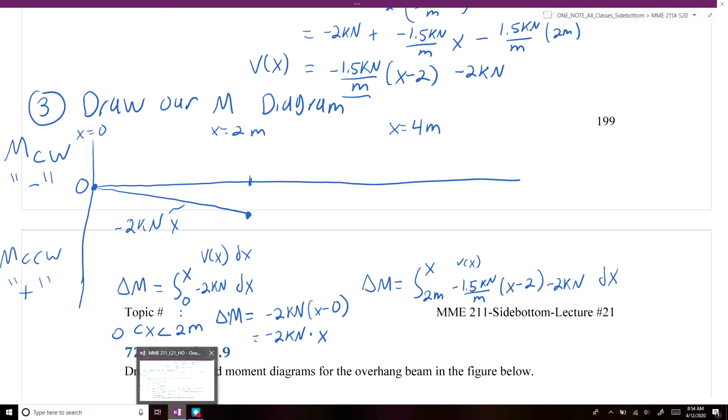So if we do that and we integrate, what we'll end up getting is